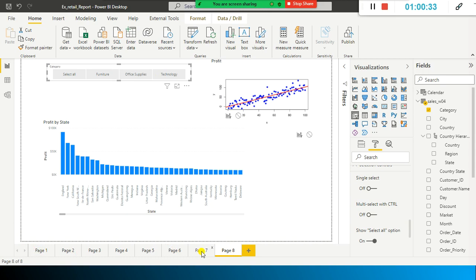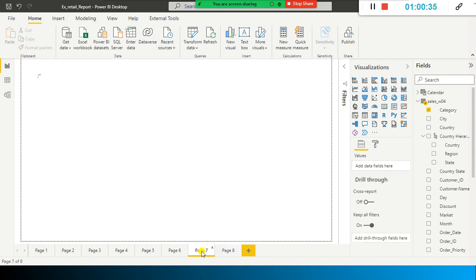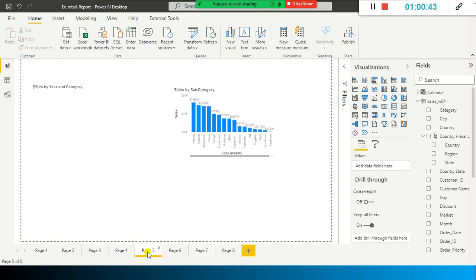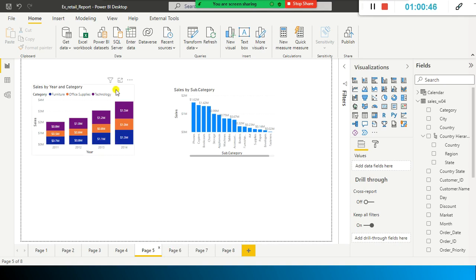For example, here I have page 7. Let me go to some other page here. Look here. So now we will see page number 5.